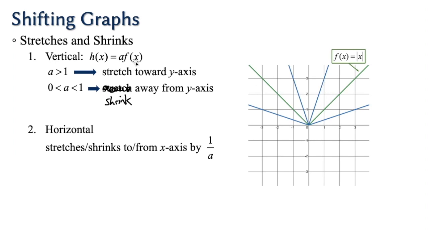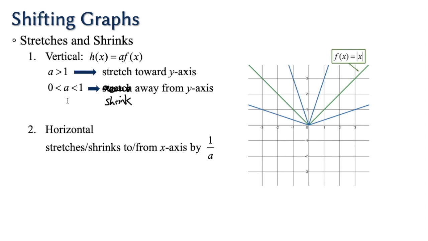Because we're multiplying on the outside, the y values get multiplied, so they get bigger faster. So it just becomes stretched closer toward the y-axis. Now, likewise, if you multiply on the outside by a number between 0 and 1, like a half or a third or 2/5, what happens in that case is it shrinks it away from the y-axis,